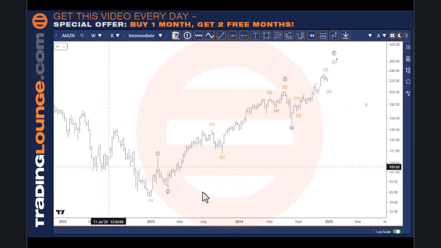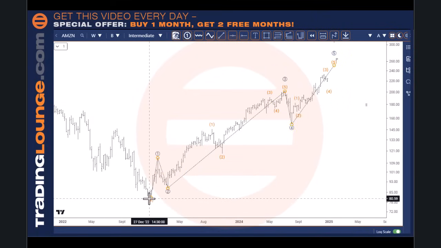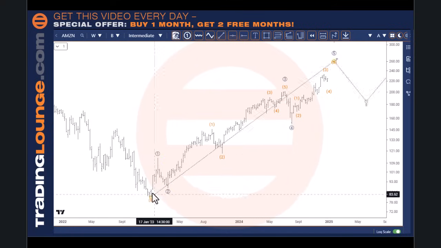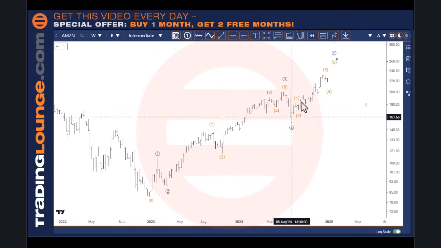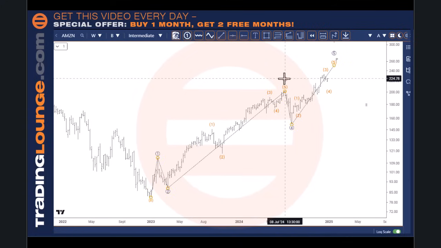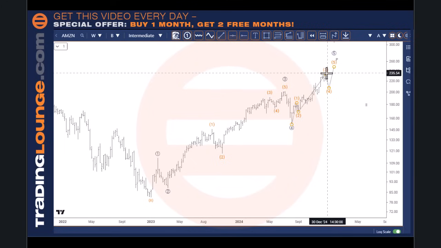With Amazon, I've got it in a slightly different count, but from this low here where we've been counting all of last year, really, we've been working this trend up here and this trend up here. With the other markets, we've got this primary wave 3 here, this circled wave 3 here. We've got that sitting over here where this intermediate wave 3 is, but I think this is a better fit here as 1 and 2 here, and then 1 and 2 and 3, 4, 5 for the third wave here, and the fourth wave, and then the fifth wave up here.